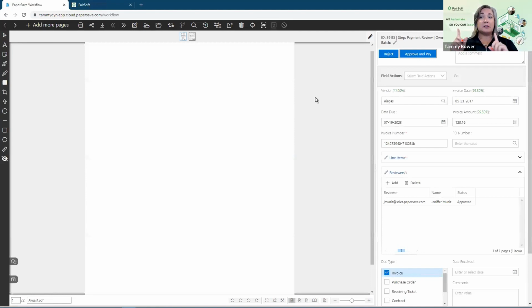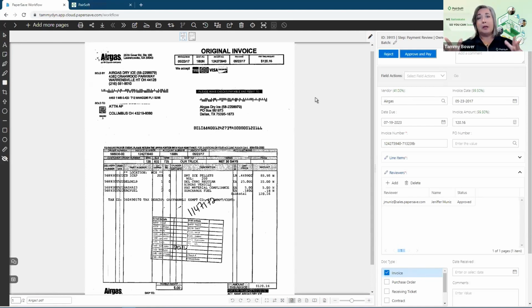So think about this box here, approve and pay, of the report that you might be getting from your AP team, if you're the treasury or the director of finance or whomever you are that actually is saying, yes, let's pay these invoices. This really is your approval, your thumbs up saying, I want to pay this. But instead of it having to go back to accounting for them to now run those checks or process it through the ERP system, the accounting system, to print the checks, do the ACH,